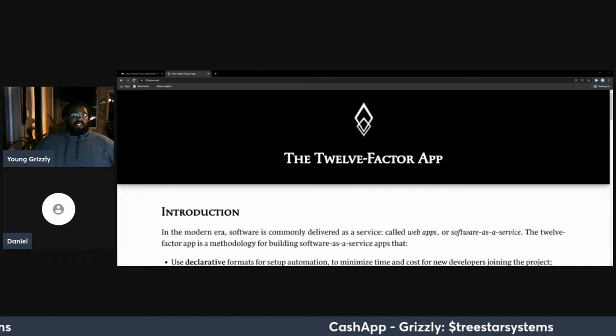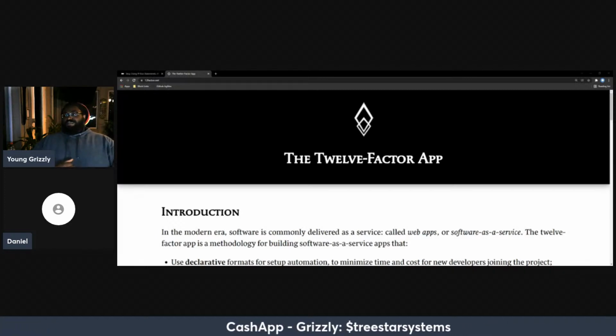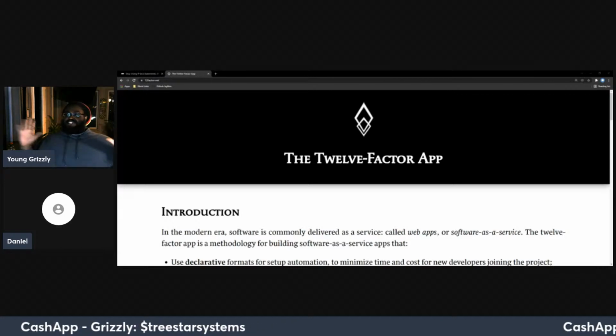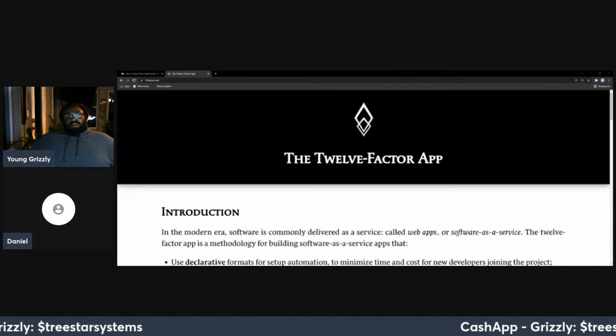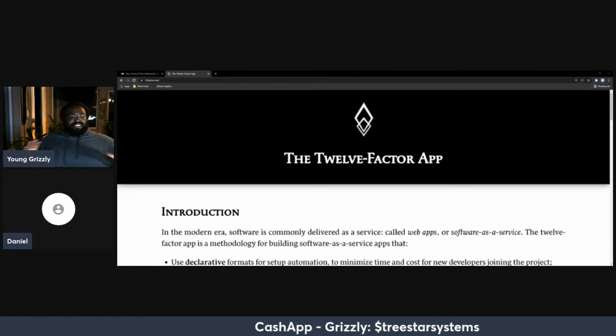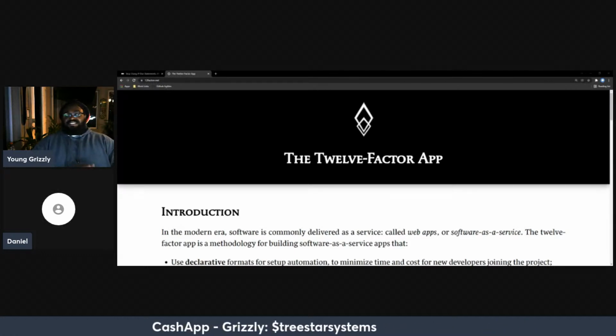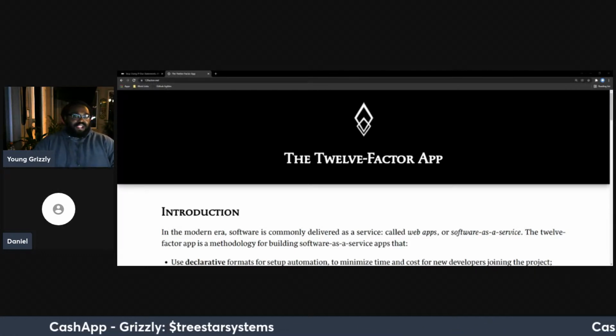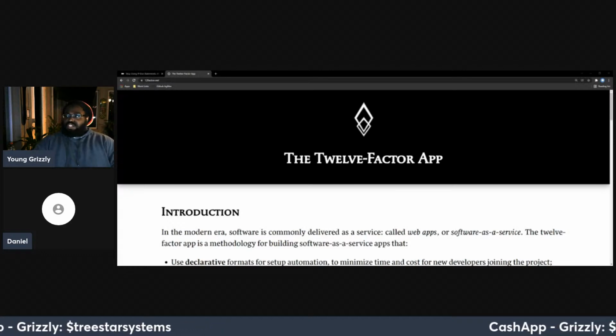Yeah, and so we'll jump into this, because I know your time is going to be a little bit spotty in the next couple of minutes, but I wanted to at least get this started. So excuse me for moving this one forward, because I definitely want to get to this. This is something that Daniel put in the chat, the 12-factor app. Dan, do you want to introduce this?